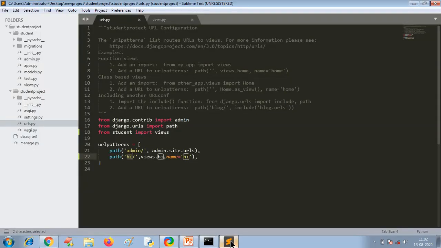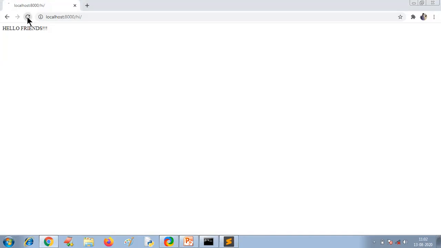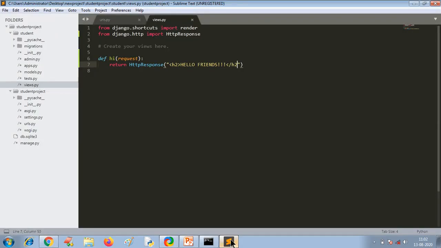You can also use some HTML tags, like suppose I will use h2. Automatically the things will be changed. Save, refresh. See, hello friends is in bold now because I've used the h2 tag.